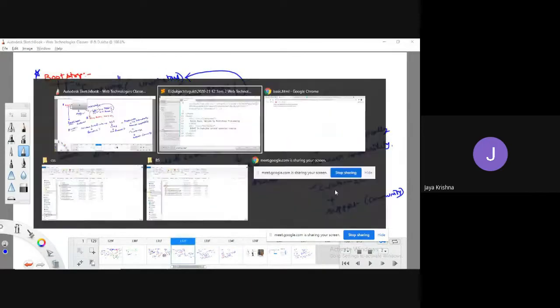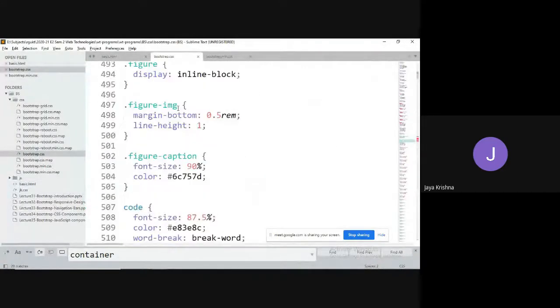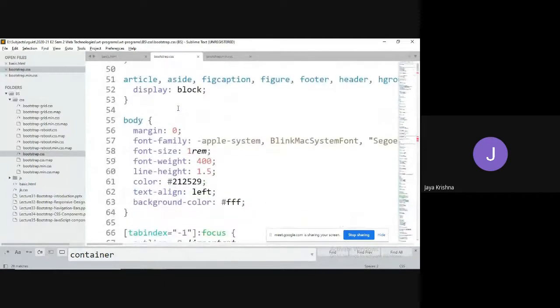Customize word, right? So what do you mean by customization? If you already thoroughly understood the concept of this bootstrap.css file, you can customize it. For example, I would like to change the body. Here you can observe the background color as #fff. Instead of that, I can go with yellow color. So this is a kind of customization.